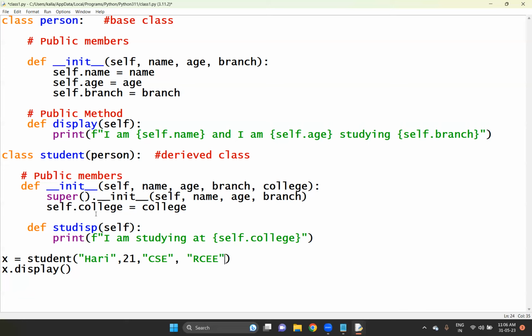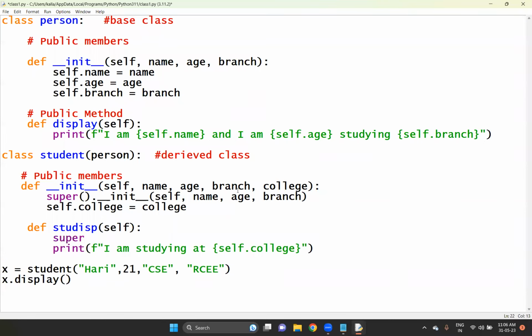So X data, so display. Before going to display this particular thing, so super dot. I'd like to display this particular method here, the super method. Before going to display this, I'd like to access that particular base class method, followed by my own display, what exactly the student is being specified here. So the student display will be accessed by you here. So here you can see, whatever the method you have created here, this particular method also is considered as,